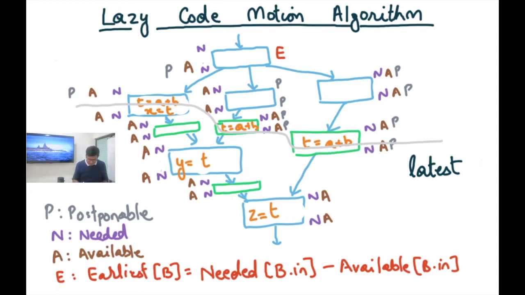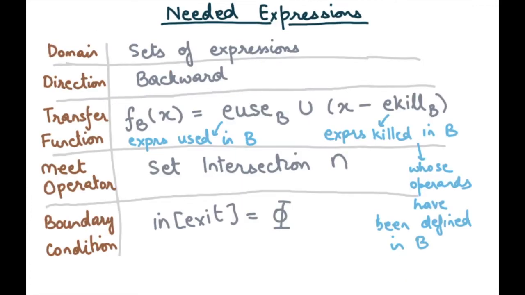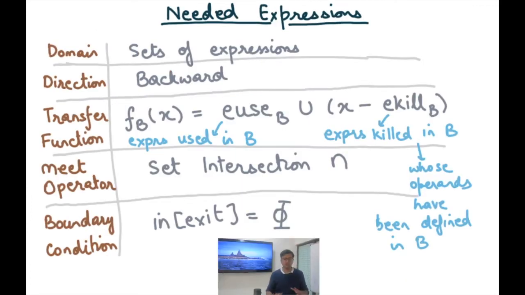Earliest was just 1 block, so I could have computed it there as well and I would have eliminated partial redundancy, but for lazy code motion my solution is actually different and consists of 3 different basic blocks. Now we are ready to discuss the data flow analysis more formally. We have already seen this with an example. Needed expressions is a backward data flow analysis on sets of expressions. So what are the expressions which are needed? We're looking at a single expression, but now we can generalize it to sets of expressions.